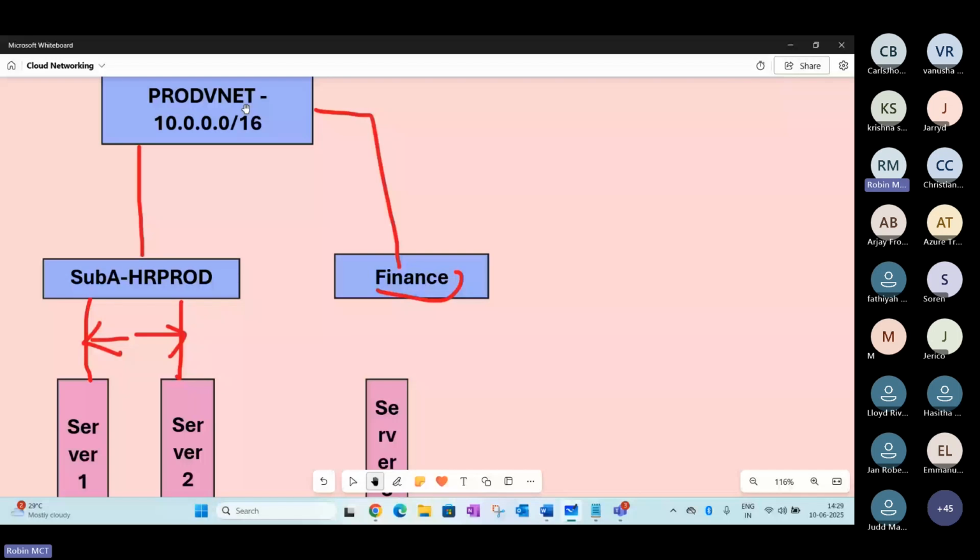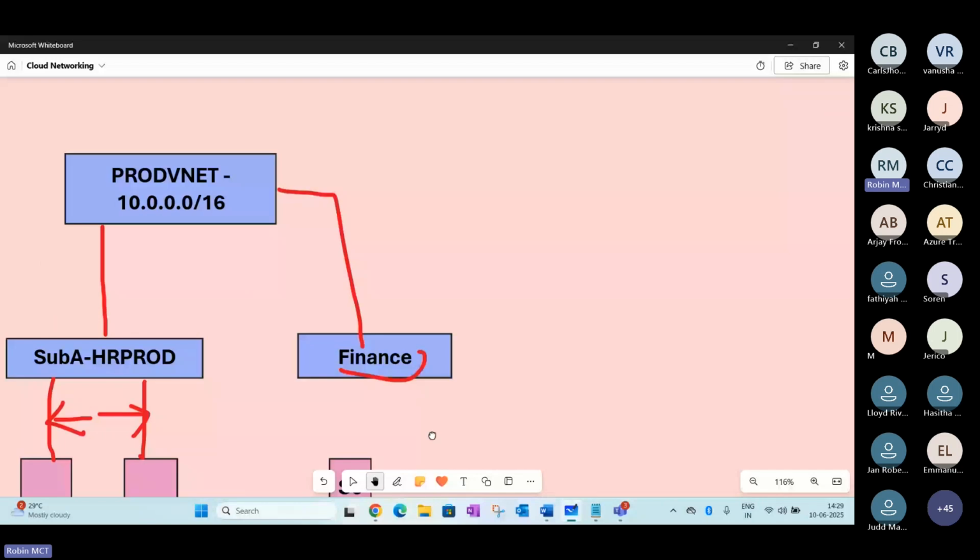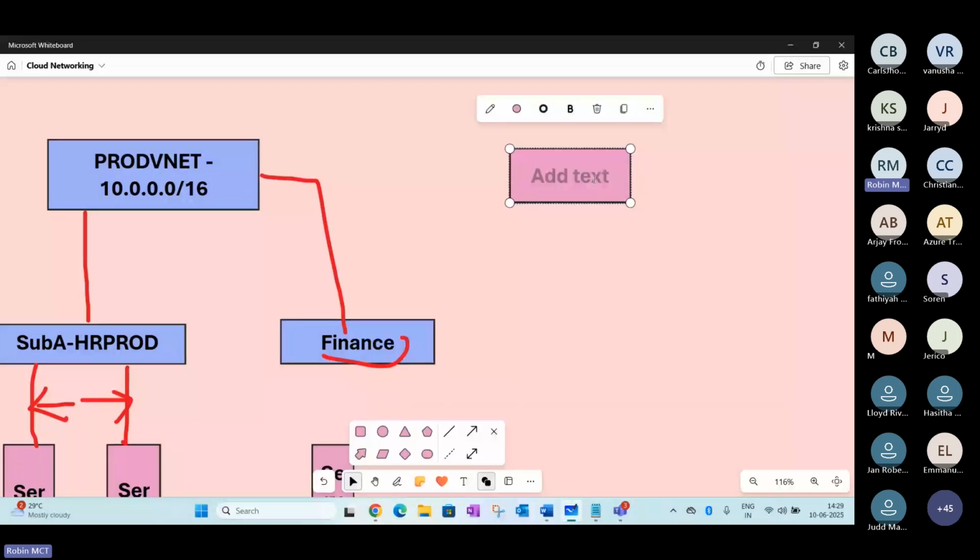Another case we are trying to see: what will happen if you have another VNet, for example, your non-prod network. When you go back to your project, don't expect that all your resources are configured in the same network. No, you will have a different VNet, or you may have a different subnet. You are going to get a mix of environments there.